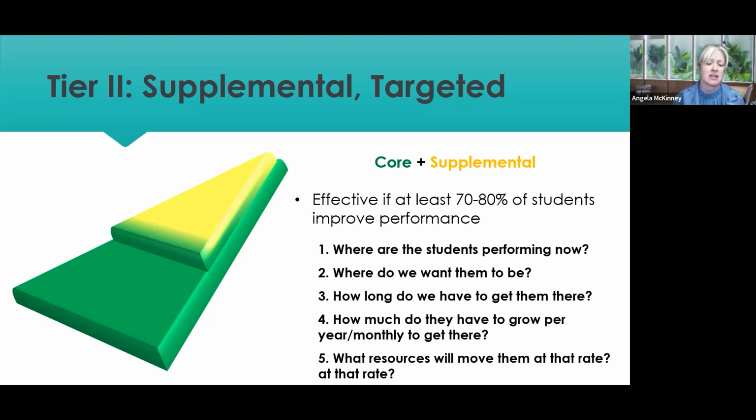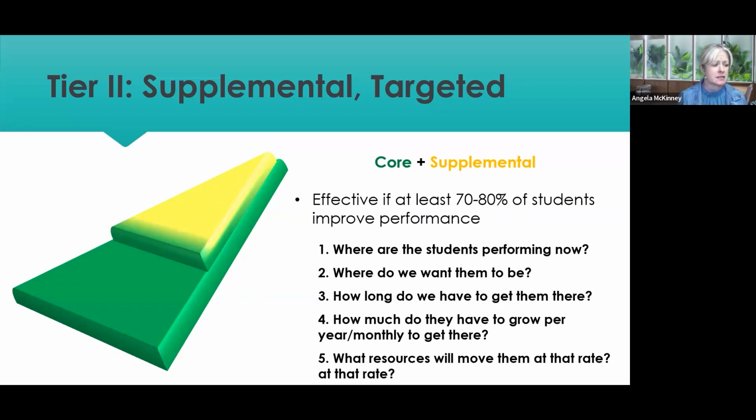Or you could be giving me something I'm not ready for. If my issue is with phonemic awareness and you want to work on comprehension strategies, I'm not ready yet, right? We've got to get down to that core level of what's going on. And again, we're going to be targeted whether we're talking about an academic skill, a behavior related skill, or a mental wellness kind of need. If, for example, you're a student with anxiety and I just put you in a behavior group, that doesn't make any sense, does it? It's like giving you the wrong medicine. So we have to make sure that we know enough about what's going on with the student to have the right things in place.